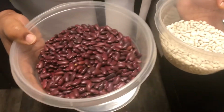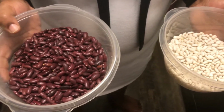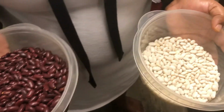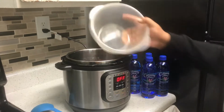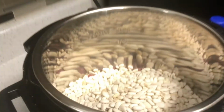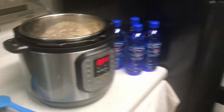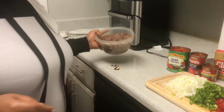Now, these are dried beans, as you can see. Normally, you have to do an overnight soak or a quick soak, boiling them in a pot for about an hour, putting the top on once it boils. But you don't have to do that with the Instapot. You just add all your beans in. Now, you can make this a beanless chili if you just don't like beans, but I like beans and I like for it to be filling, and it's probably going to feed more than that actually. Then you take your ground beef and you add that as well,